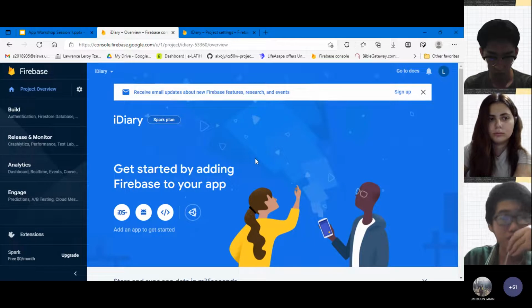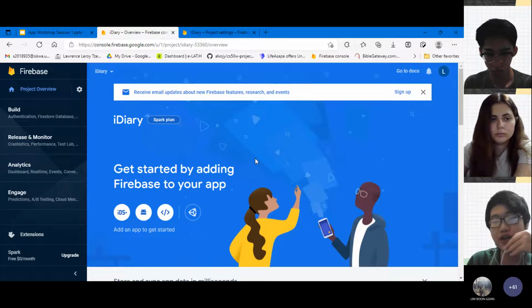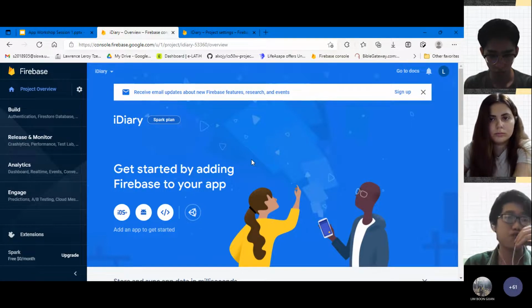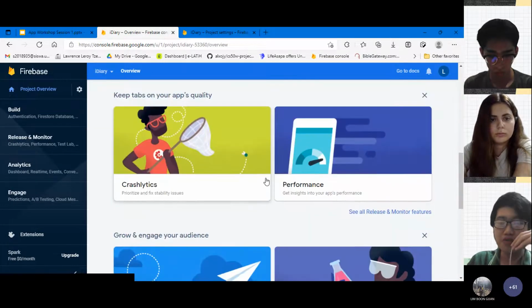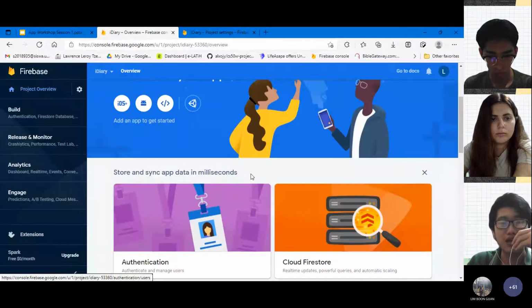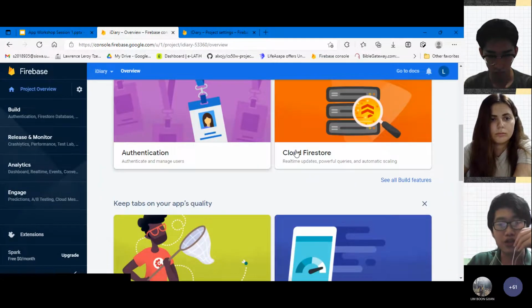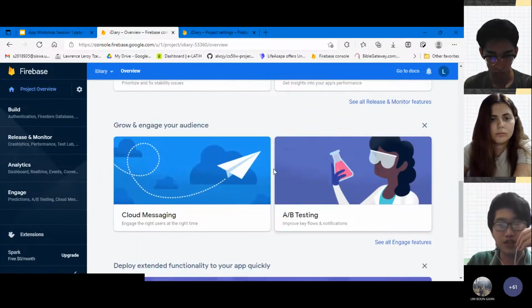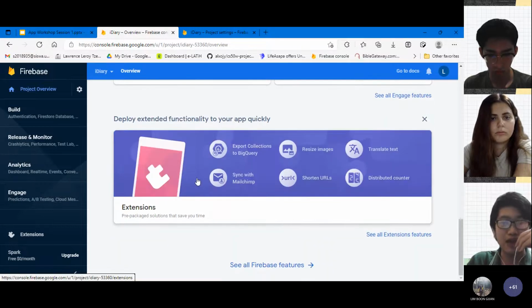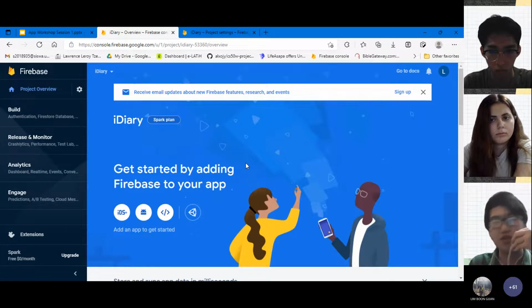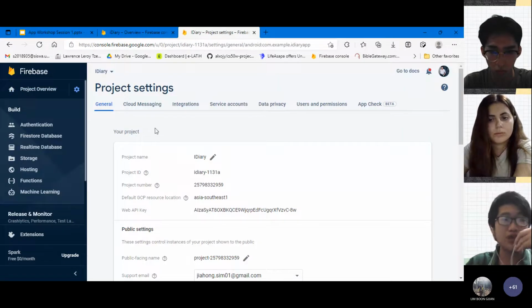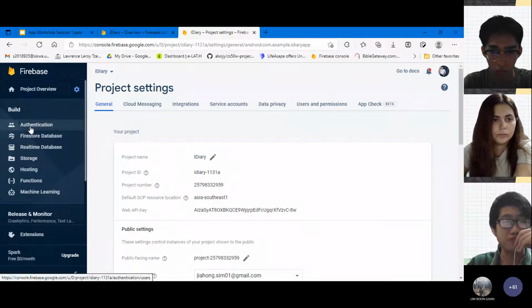Okay, you with me? Right now, you don't have to follow me step by step. It's optional really, because I'm just going to give you a walkthrough of how this Firebase console looks. If you are new here, the smart thing about this console is that it knows that you are new, so it shows you all kinds of very interesting graphics, and you can click into it and explore. Even after this course, I really encourage you to spend some time looking through all of it. So now let's go into build.